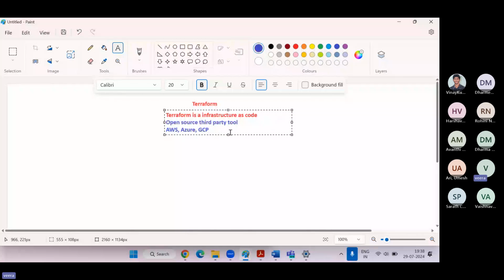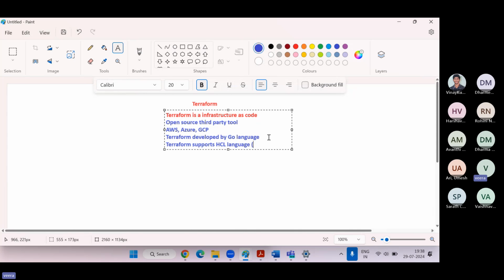Okay, so Terraform is developed in the Go language. Terraform supports the HCL language.